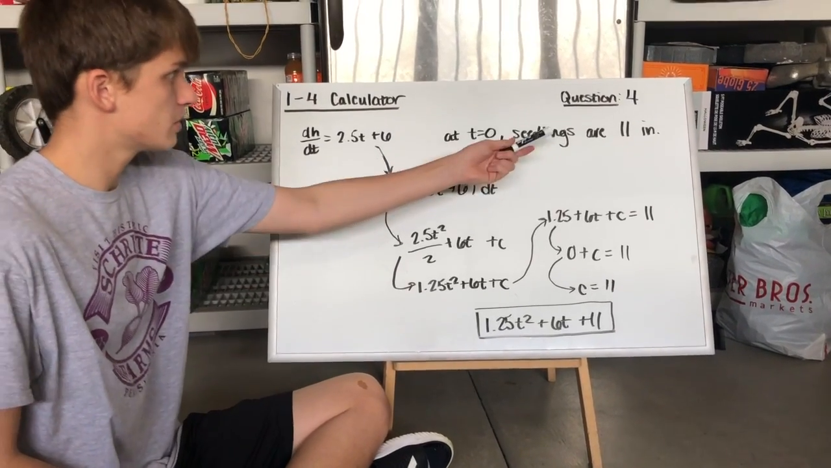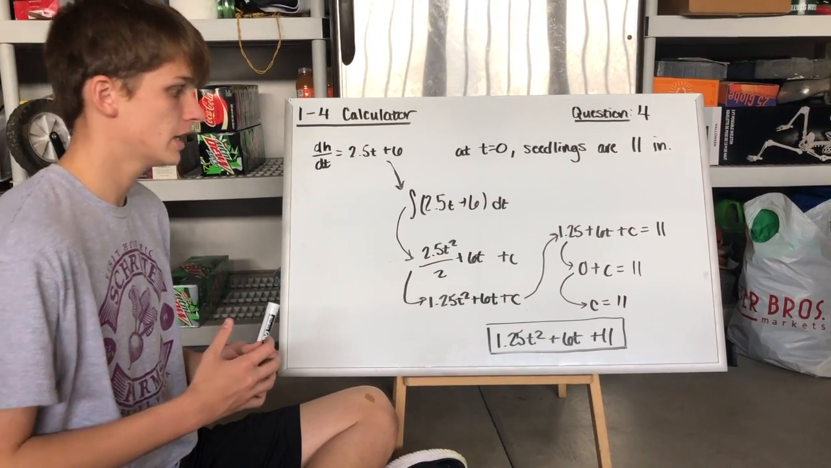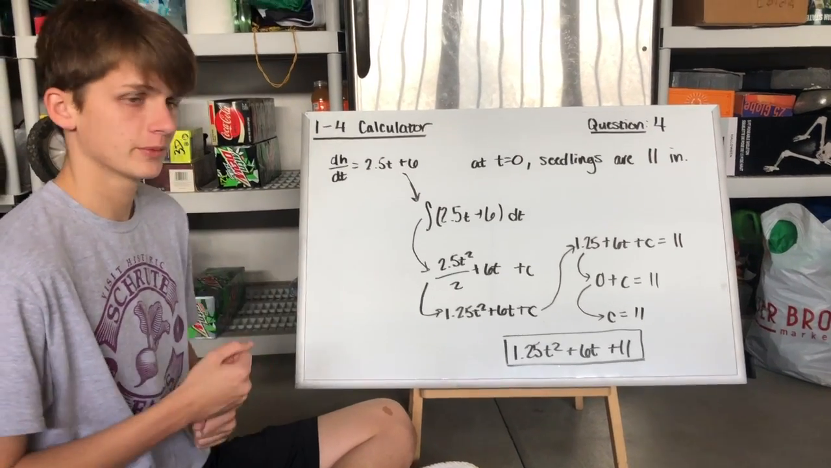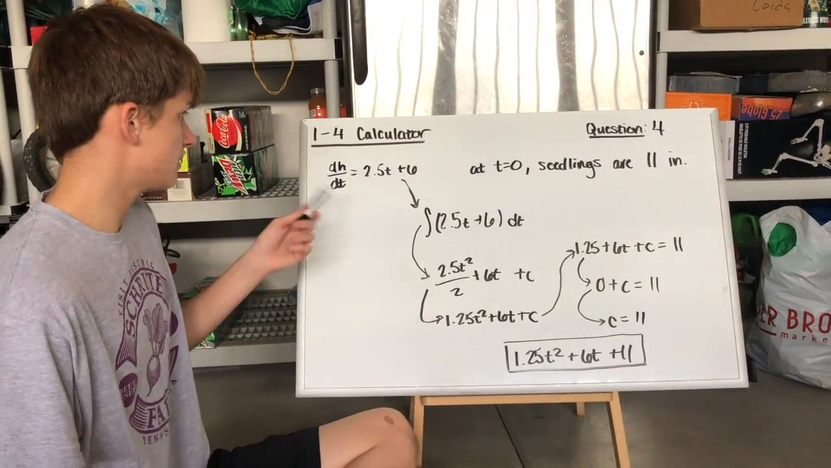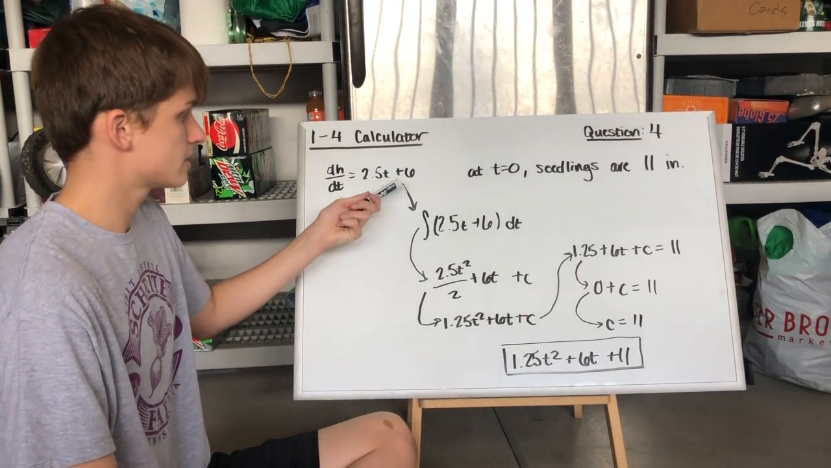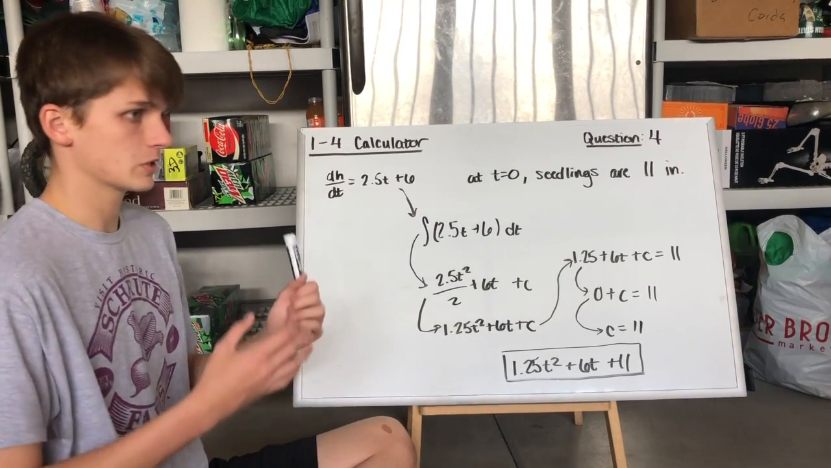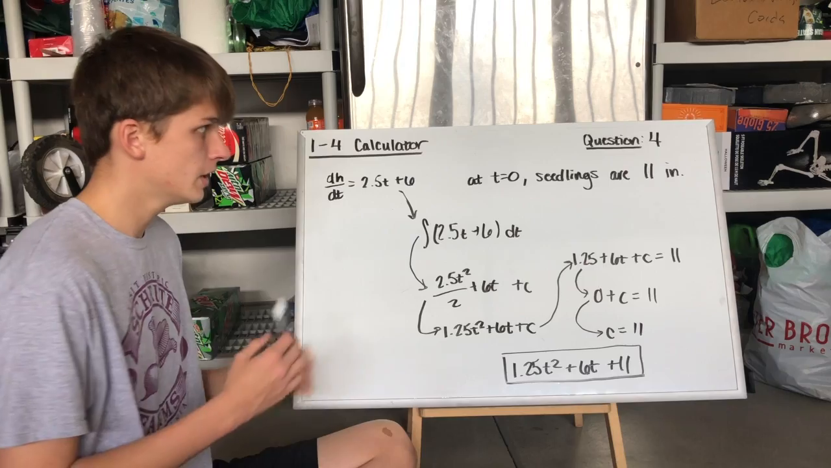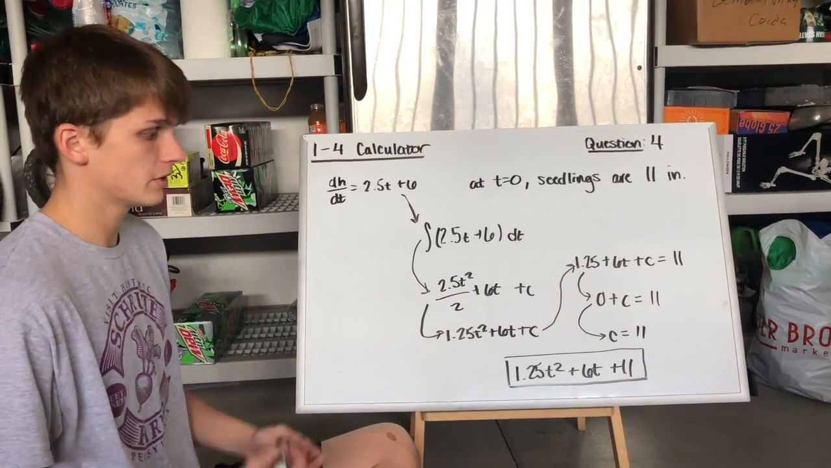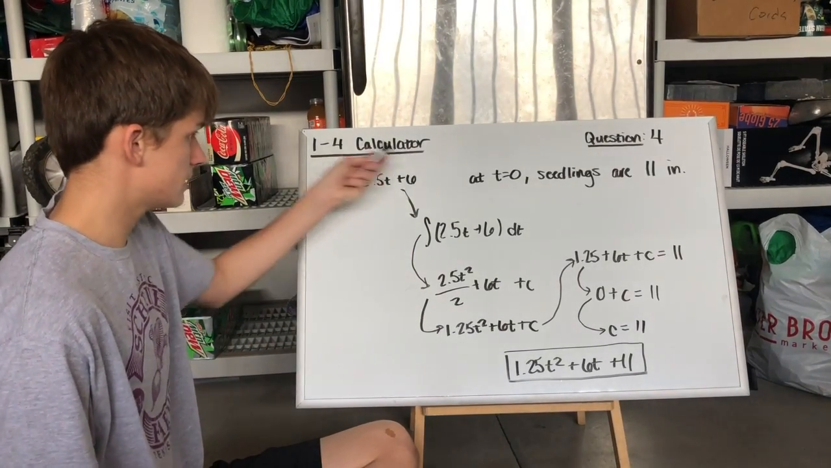Alright, so in question 4, we have seedlings and we're trying to find an equation that will tell us at whatever time how tall they are. What we know is that the difference in height over difference in time is 2.5t plus 6, and we know that when time equals 0, or when we're starting to measure the amount of time, the seedlings are 11 inches tall. So the first thing that we want to do to find this equation is to integrate this equation